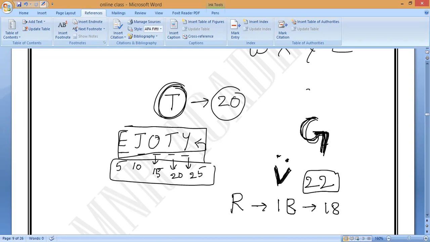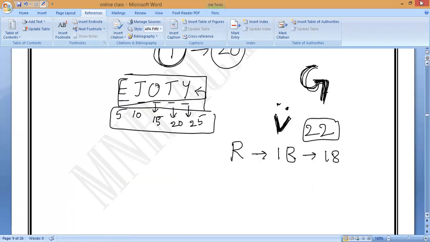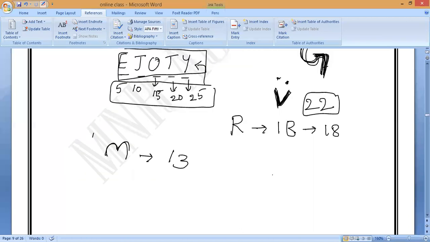This is for remembering a few letters. That's all, nothing else. If you want you can remember, but in the exam you can write the ABCDs, it's not an issue. M is the reverse of 13. Suppose you take my name and my wife's name, M for Manikyam and N for Navya, I can take 13 and 14 as our numbers. Like that you can remember.